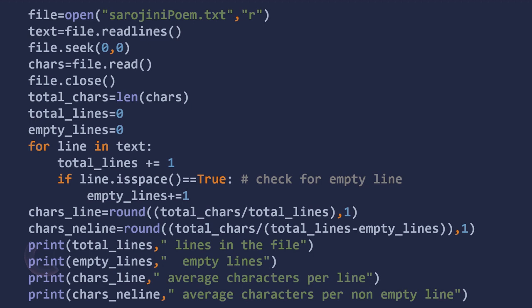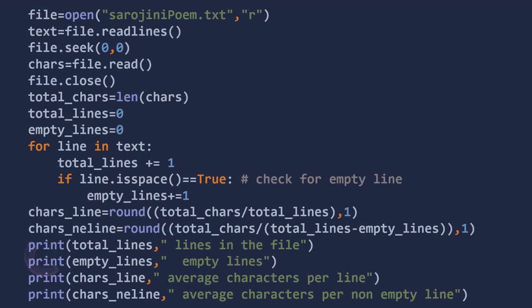Now next is characters per non-empty line. The number of characters per non-empty line we have stored in a variable chars_ne_line, which will be calculated like this: total characters divided by total number of lines minus empty lines. Total number of lines minus empty lines means non-empty lines. So total characters divided by the number of non-empty lines. And that value is also rounded to 1 digit.